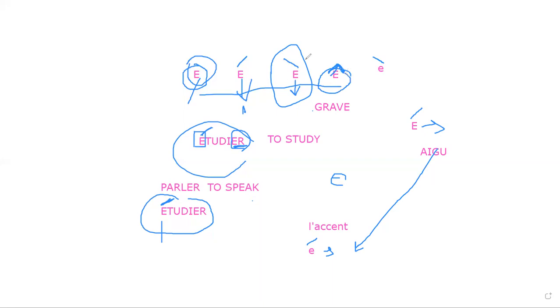Now I'll repeat it for you once again. Now you have to repeat after me. We have 4 types of E in French. Repeat after me. We have 4 types of E in French, right? My first E is plain E. My second E, if you have a sound from bottom to top going towards the right-hand side, that E we call